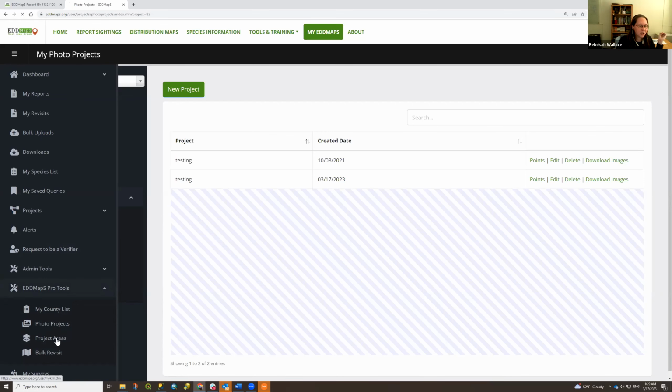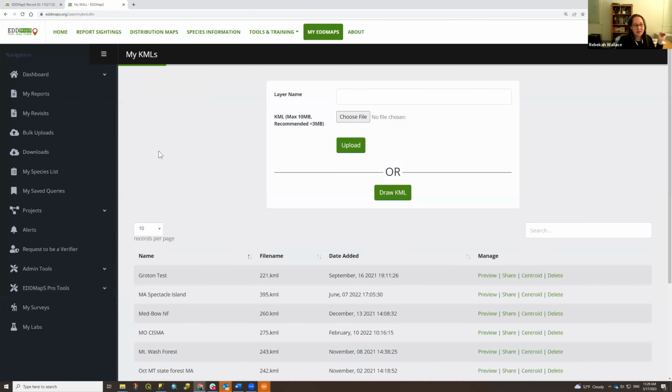And then project areas. This is, I want to have a visual on the background map of an area. Again, we're going to be changing these to like My Boundaries. These are KML files. You can either upload one or you can draw it. That's what the draw KML button is.